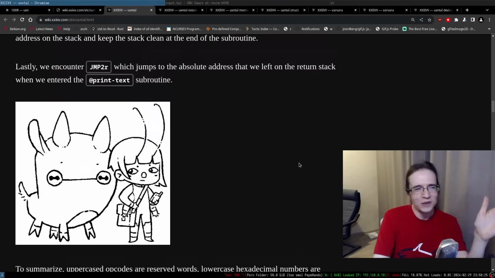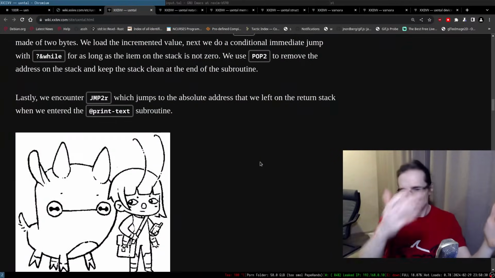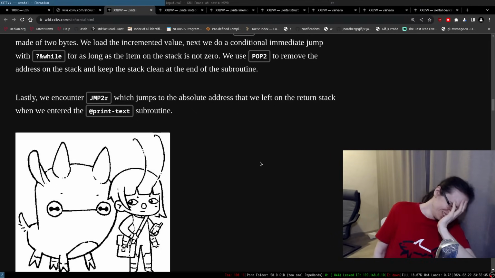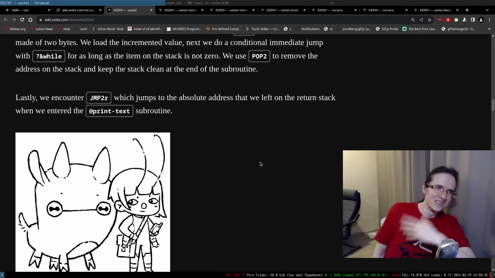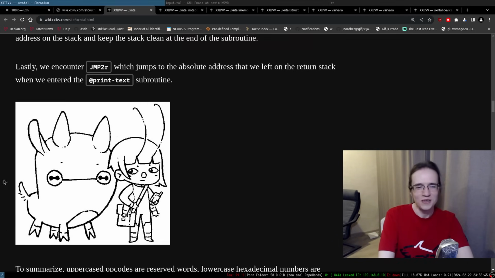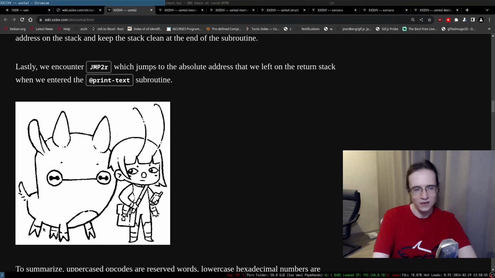I really like how it's so funny. You're reading dry documentation, and all of a sudden a cute drawing of a cute character just pops up. This is so cool. What is this project? Who made this? It's amazing. And you know this is a goat because the pupils are horizontal, right? So this is a goat.